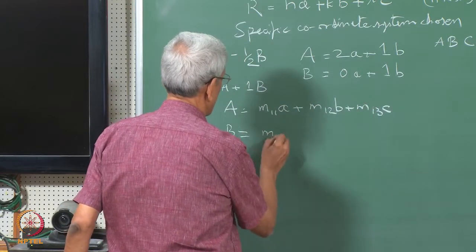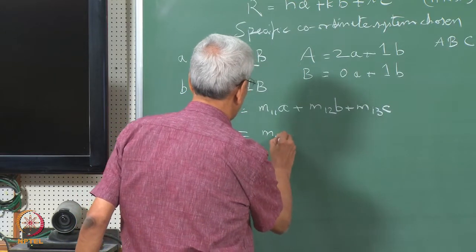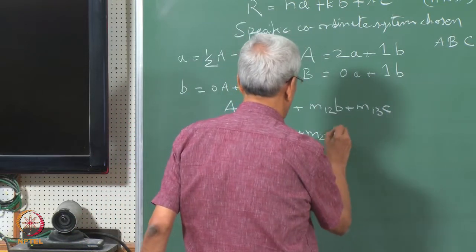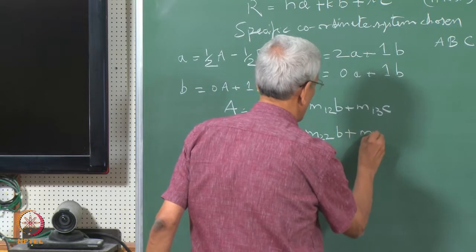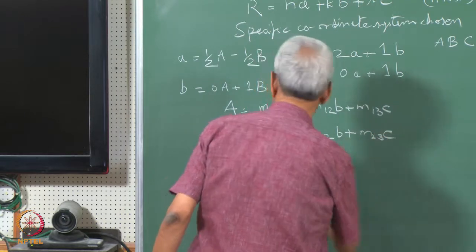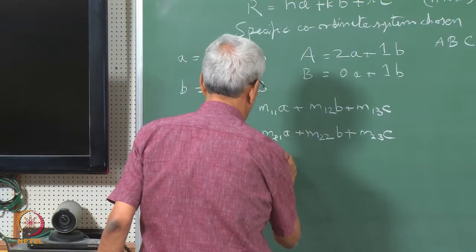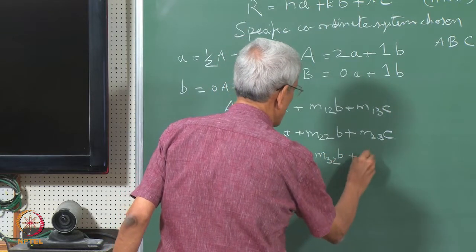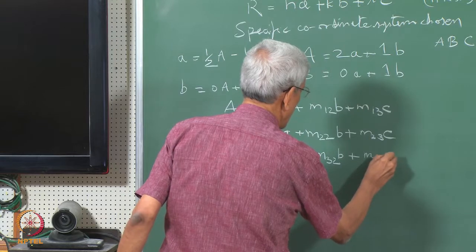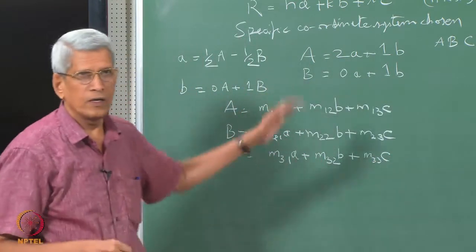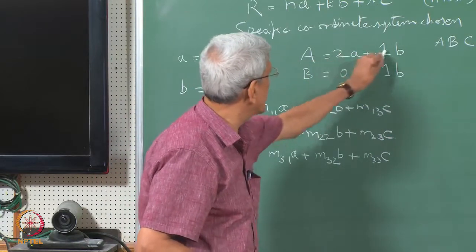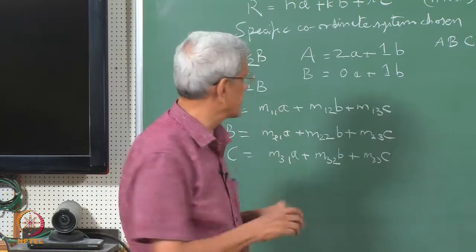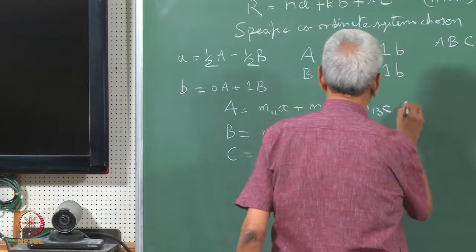B will be equal to C. Okay. So, that means that here what we have written, 2 and 1 and 0 and 1, are the coefficients. Similarly, we have taken some coefficients like this. So, this can be written essentially as